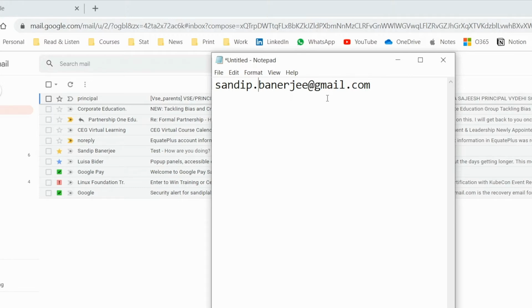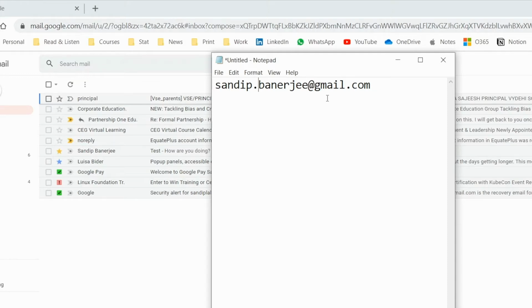So whenever you are sharing your email address, if you start adding a dot, you will be able to understand to whom you shared your email address and how they are using it. How can you do that? Maybe you can start creating a filter. Whenever any email is sent to shandip.banerjee@gmail.com, then you will understand it's a promotional message and you will be able to filter and understand with whom you shared that address and who is using it.